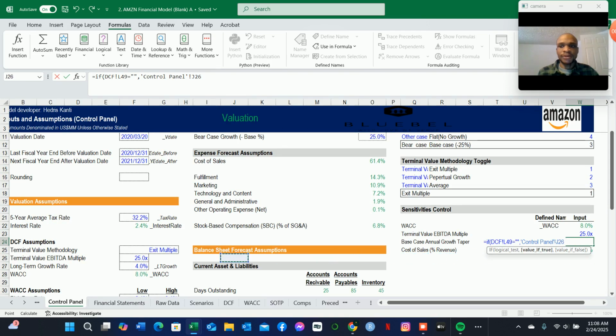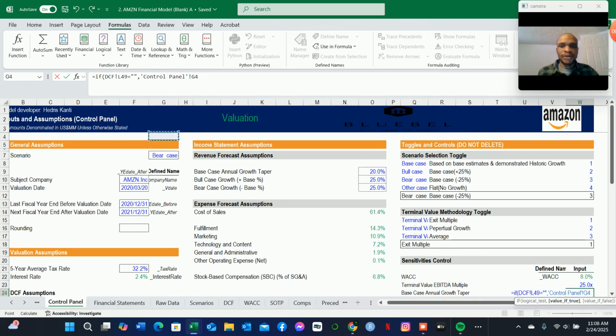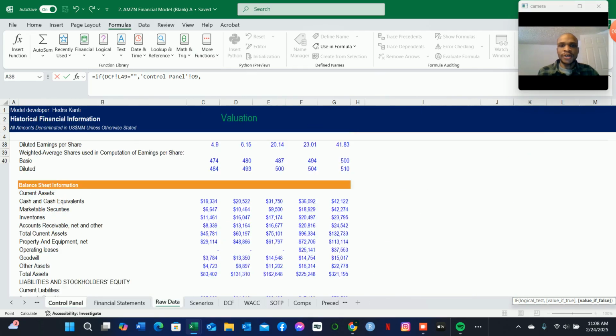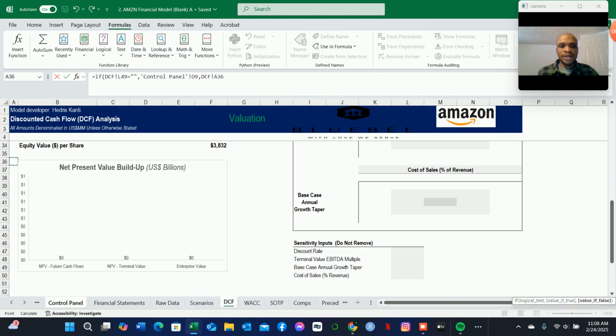What we want is to proceed with the annual growth topper. Every calculation should be linked into the cell O9. Otherwise, let the calculations link to this base case annual growth topper here. Close that,